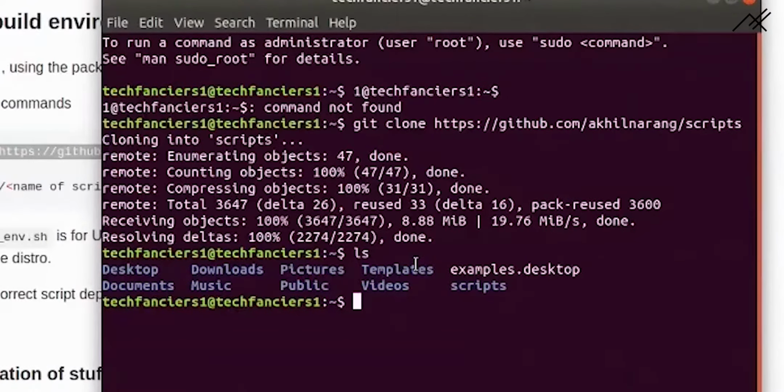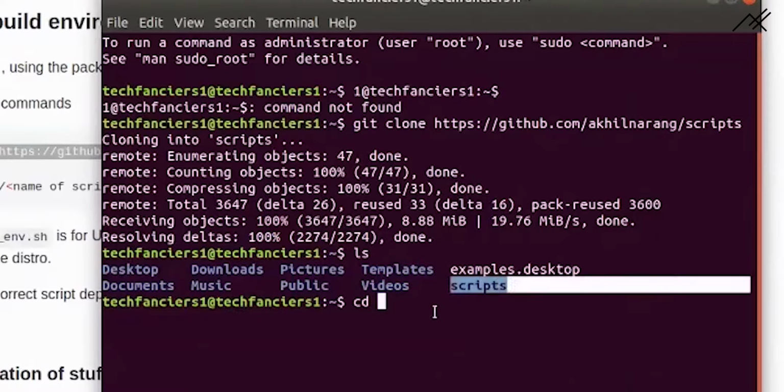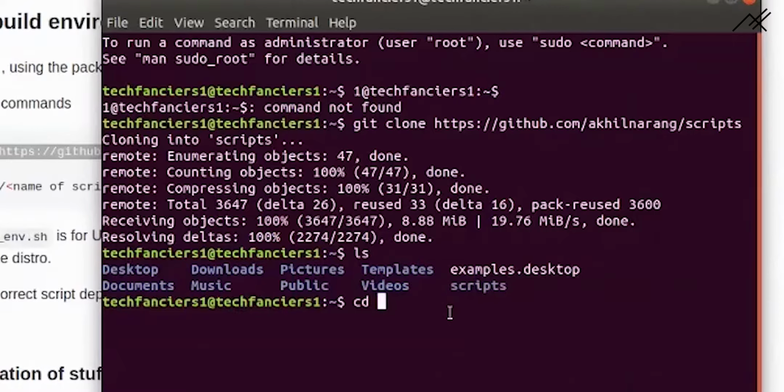For that we need to change the directory. The command is cd, change directory, and the folder name is scripts. If I type SC and press tab, it will automatically fill in the rest. So cd space SC tab, and it will open the scripts.